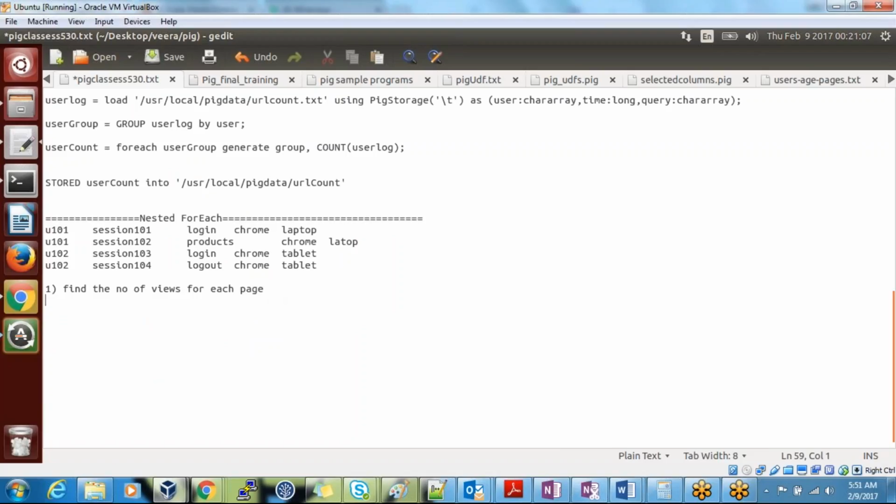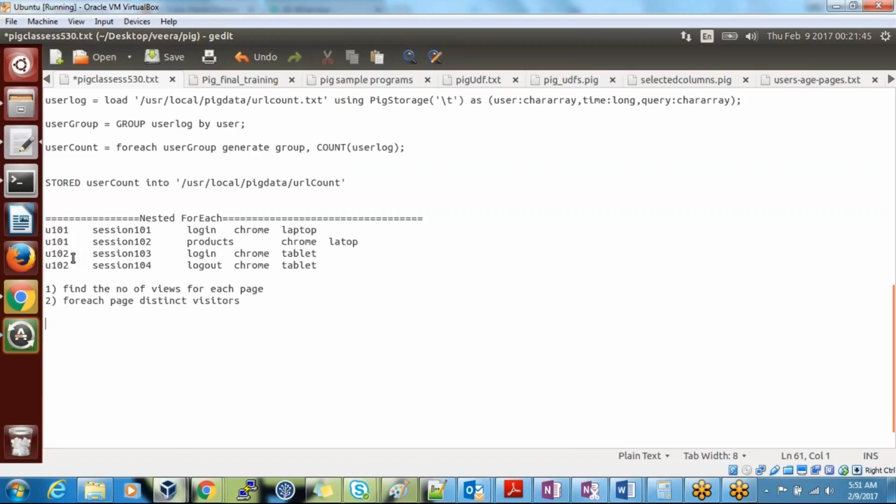Second, I also want to find the distinct visitors. For each page, I need to find the distinct visitors. Understand, right? This is my problem statement.